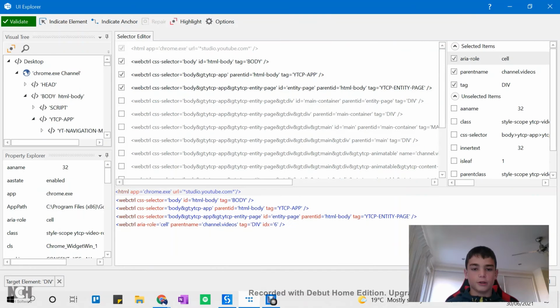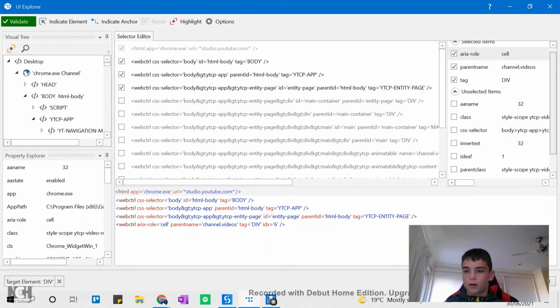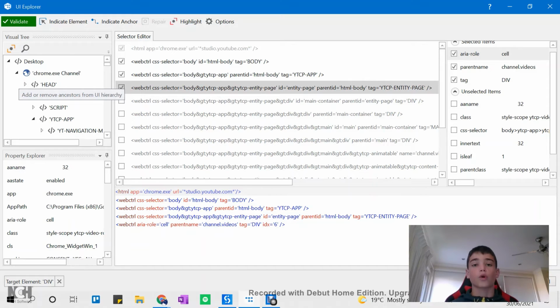I've already got it opened up in here, and it's the AA name. So where's the AA name? AA name. I've got that unselected. So it's 30. It was 32. Now it's 39 or something. And I've got that unselected because otherwise it will look for that. I've got other things selected and a few of these selected that don't require the AA name, and that's how